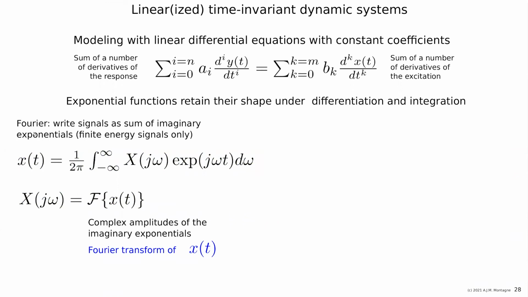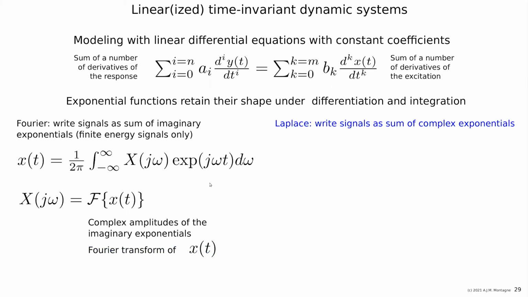Unfortunately, if we can only use Fourier for finite energy signals, then in an unstable system the energy is unbounded, theoretically, of course, because in practice it will always be bounded, but then it will not be linear anymore. So in a perfectly linear but unstable system, where the definition of an unstable system is that the response to a bounded excitation is not bounded, we cannot deal with Fourier. There does not exist a Fourier transform of such a signal.